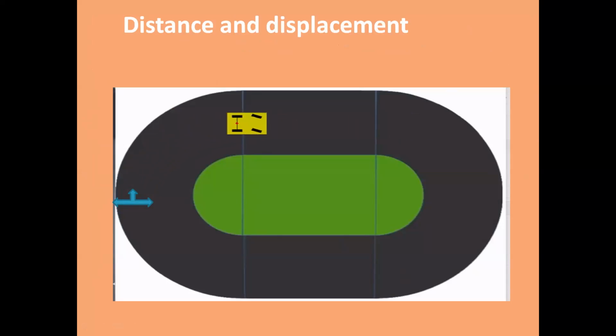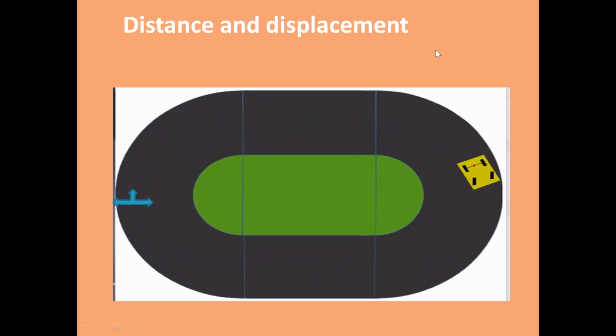When the object starts from the initial position and starts to move to another position. Here, what happened? Earlier the object was at this position and it has taken one oval path and covered a particular distance. So the object has covered some distance, that is, it has moved some path.